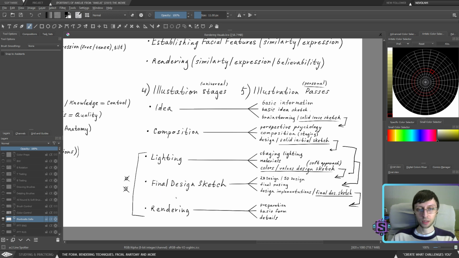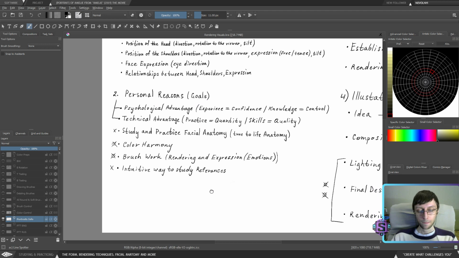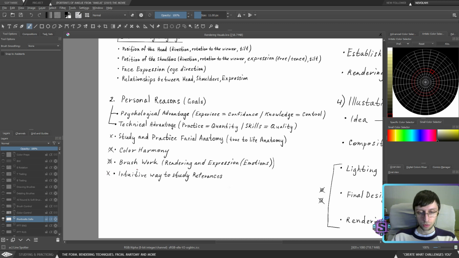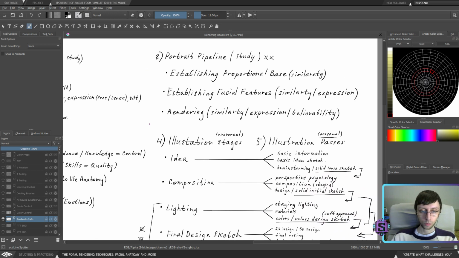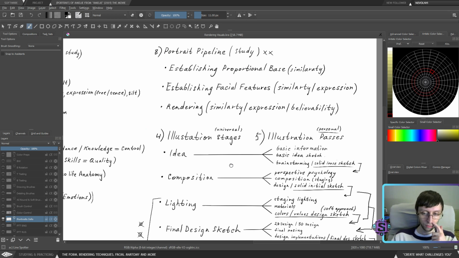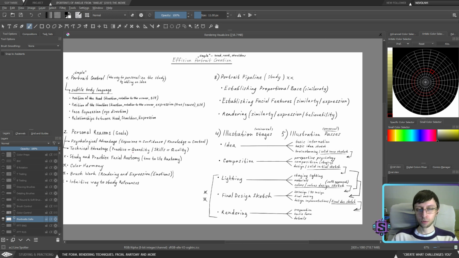And I believe the answer lies in here. It all lies in the way you find your personal reasons and your personal goals, what type of goals you're going to aim towards, and based on those things, understanding how to control the things that you are working with, and what you need to get from it study-wise. It will definitely help you understand to what extent you need to finalize your work, and this answer will come to you automatically as long as you are asking the right questions.